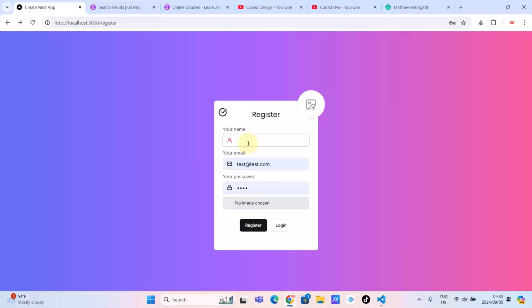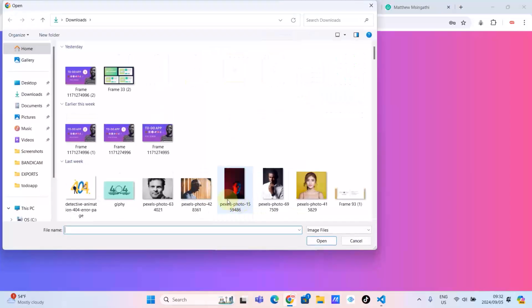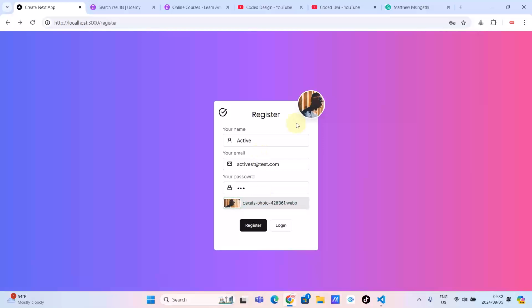Let me just give you an example. Let's say we have a new user here which is active, and their email is like this, as long as it's unique, their password 123, and then let's say this is their image. Let's just choose this guy here. As you can see, guys. So once we register, sorry about that, once we register, we are going to be redirected to the home page where